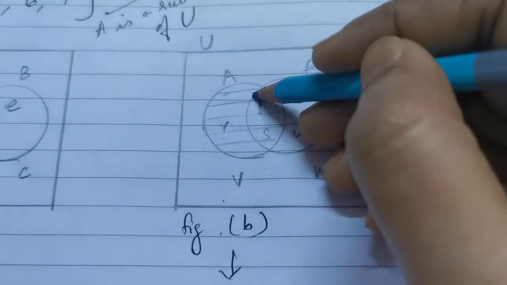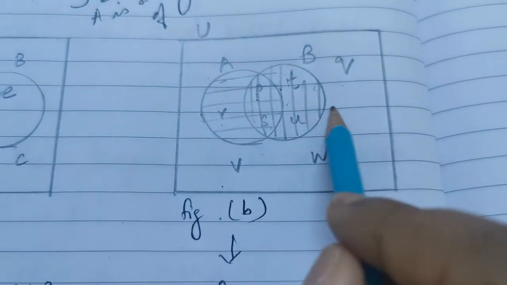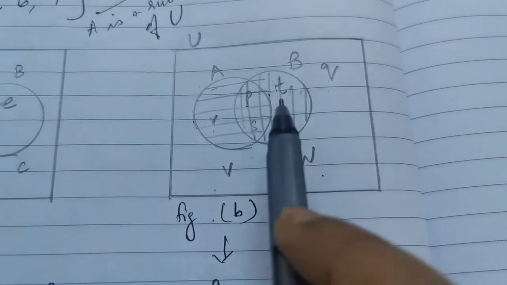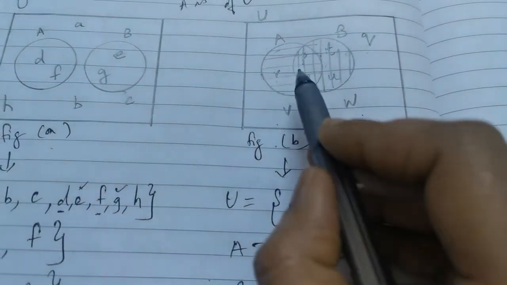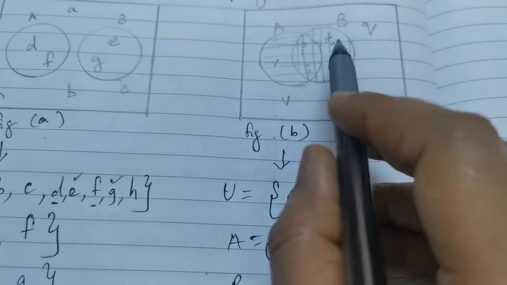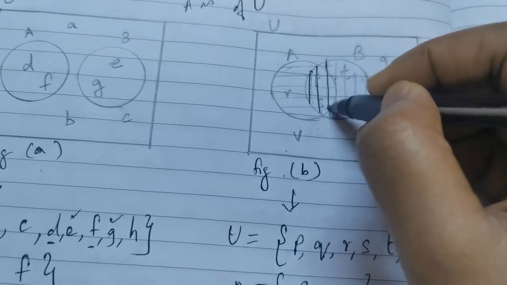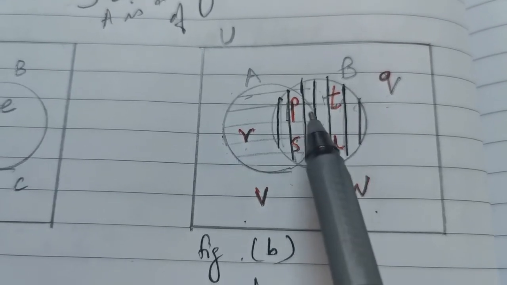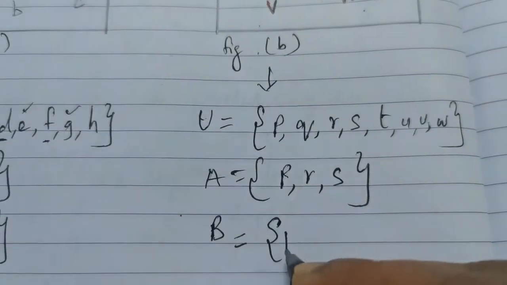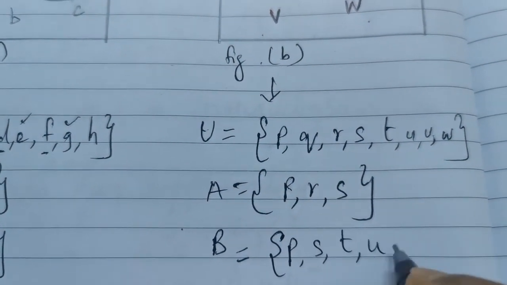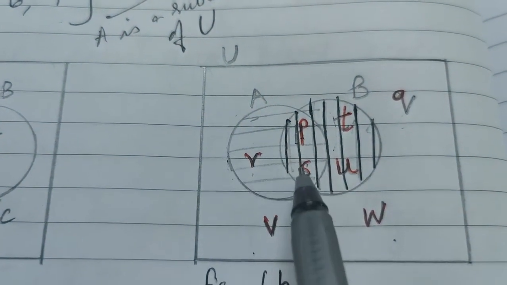This is set B. Now I am drawing vertical lines in set B. The vertical lines represent set B. So set B has P, S, T, U. Set B has elements P, S, T and U. Now if you see the place where the horizontal lines and vertical lines are meeting,